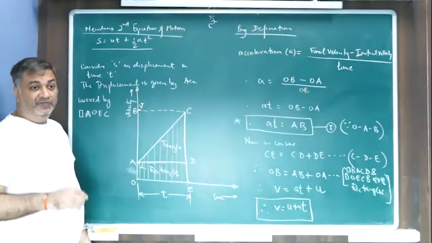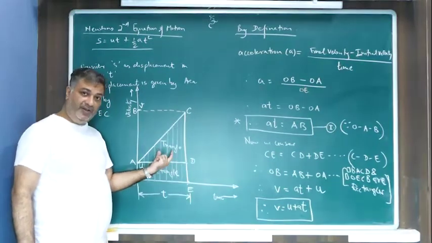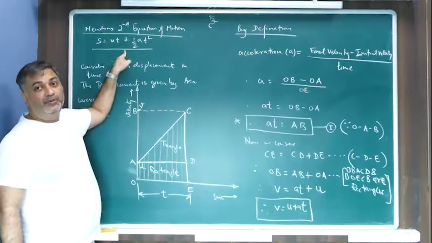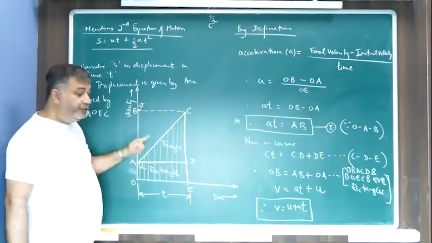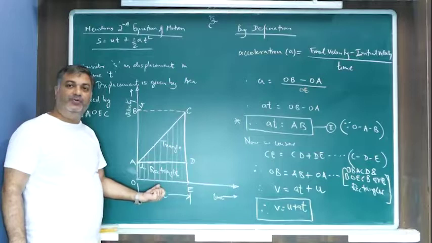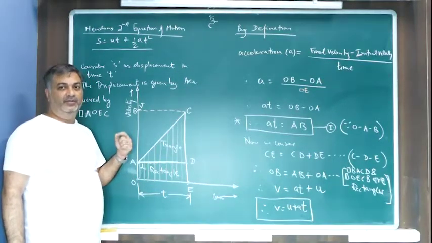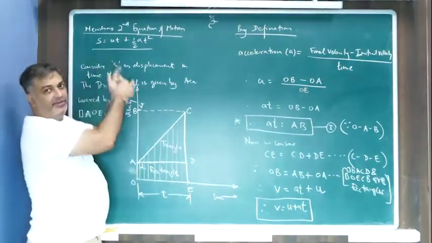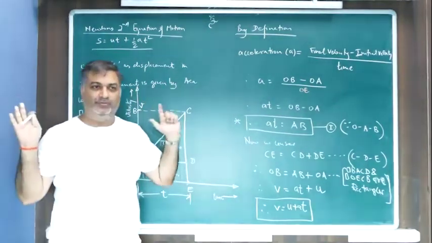Now, the first method, which is find the area of the rectangle, find the area of the triangle and add them, you are going to use for Newton's second equation. And for Newton's third equation, we will use the geometrical formula of the trapezium, saying the area of this trapezium is equal to half into sum of parallel sides into height. Alright? Clear? So we are going to use both methods. One method will give us the second equation, the other method will give us the third equation. That's an easy way to remember.